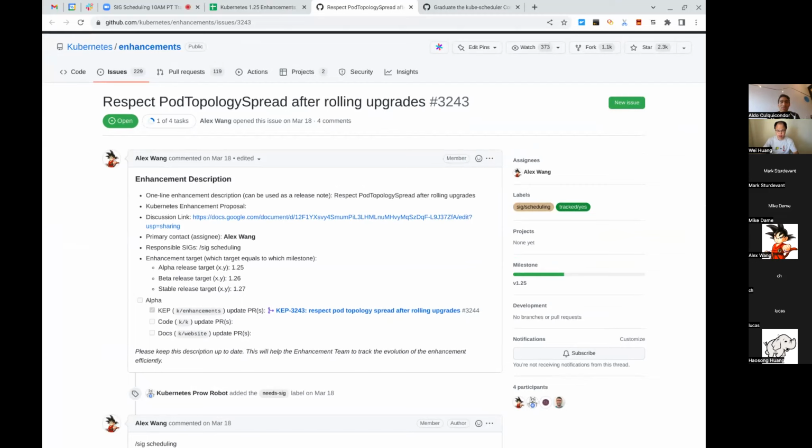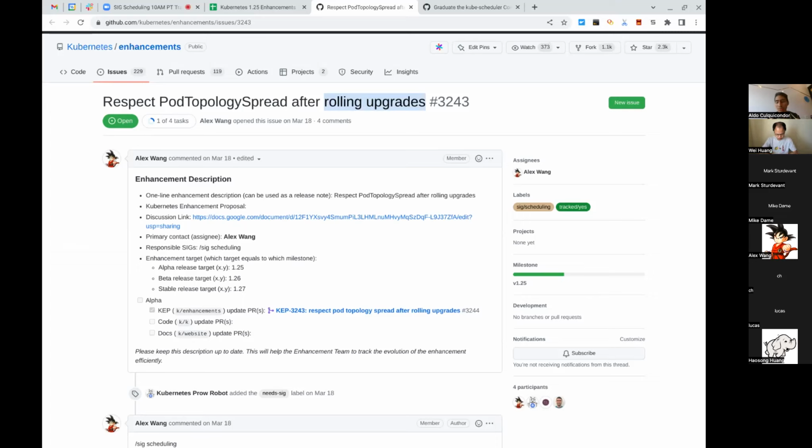This has been working okay, except when you have a rolling upgrade. When you have a rolling upgrade, each version has a different label, and you might want to limit your spreading to specifically this version, right,